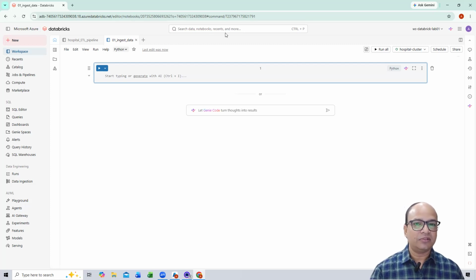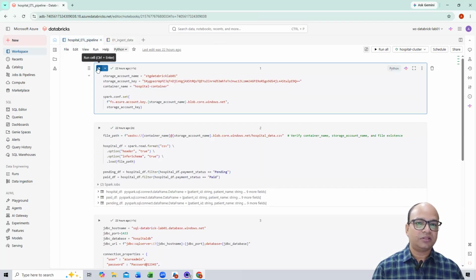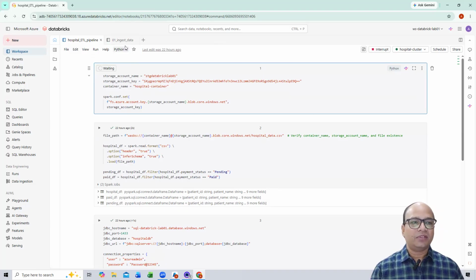Okay, guys. Let me just do one thing. Otherwise, what will happen? Cluster will stop again. So let me just run it for a moment. So at least we can have 10 minutes. Again, when you create the cluster, you can give 20 minutes or 30 minutes to terminate, right? I've just given 10 minutes so that I will not forget to